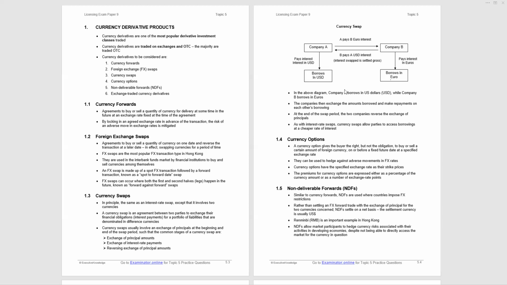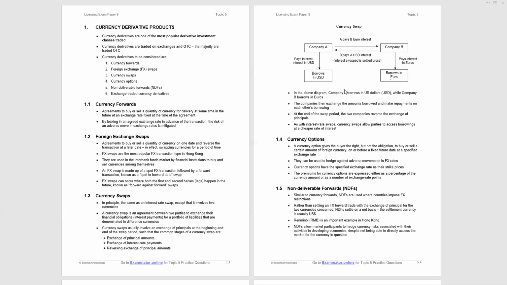Currency swaps are similar to interest rate swaps, but with currency swaps, the two borrowings are in different currencies. You swap the principals at the beginning of the swap. With an interest rate swap, you do not swap the principals. And the interest payments are paid gross, not net. With an interest rate swap, the interest rate payments are netted off because they're in the same currency,